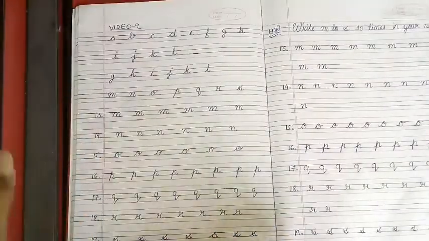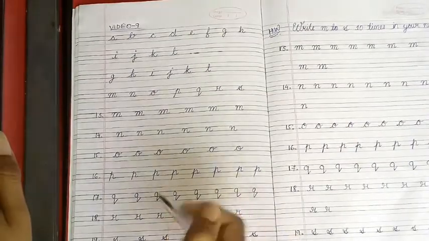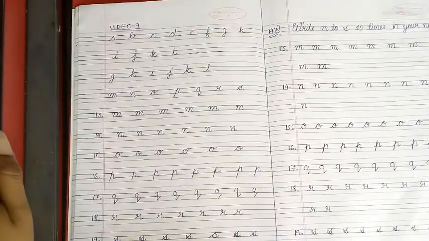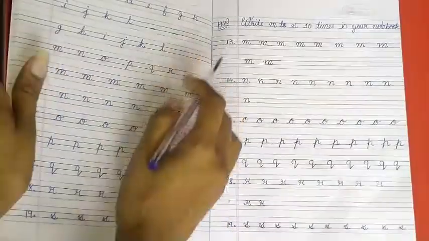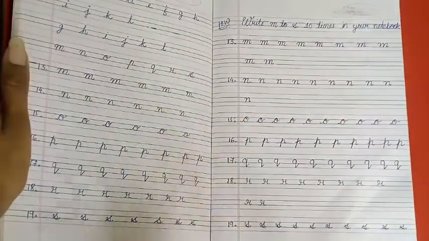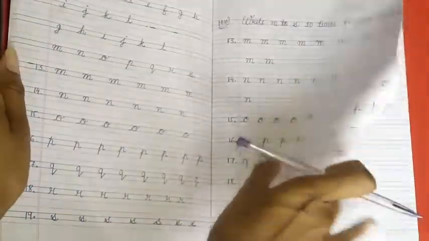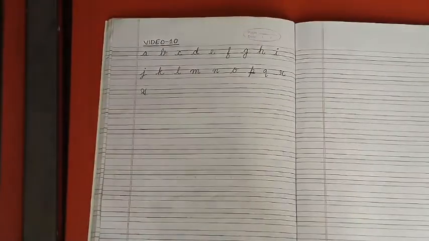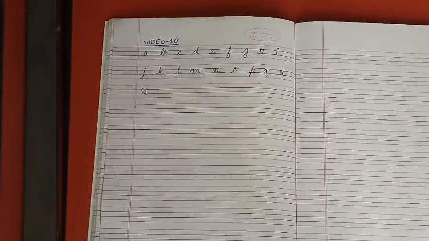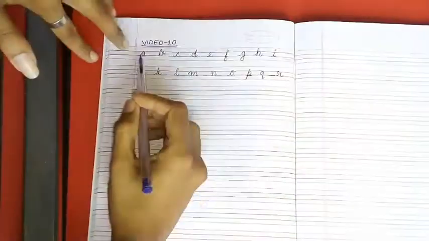So my dear students, in previous class what did we do? We practiced letter M to S, and I gave you the homework to write M to S 10 times in your notebook, right? And what were the letters? M, N, O, P, Q, R and S. So, in today's class, we will practice the further letters. I told you, in today's class, we will complete practicing the alphabets. So, here we begin. We did A to S.